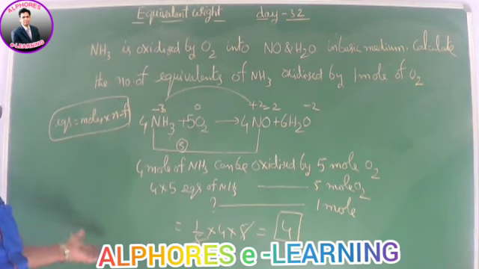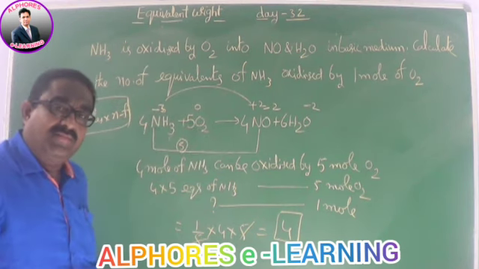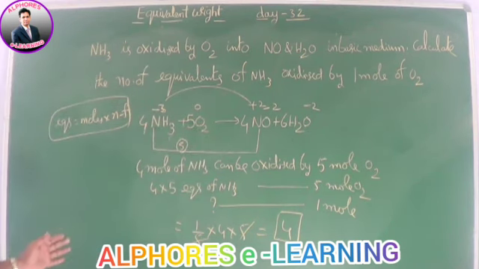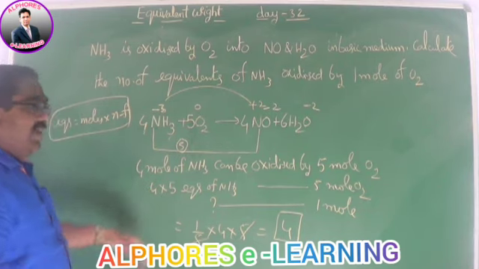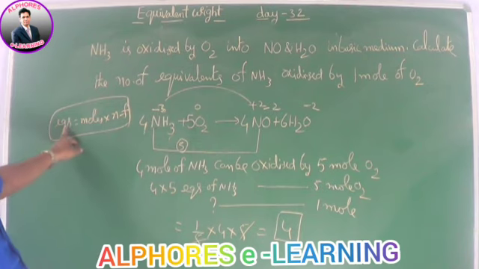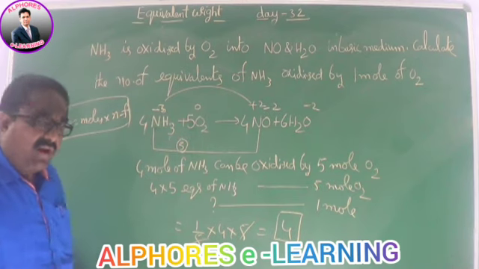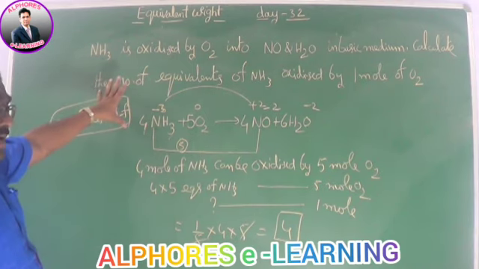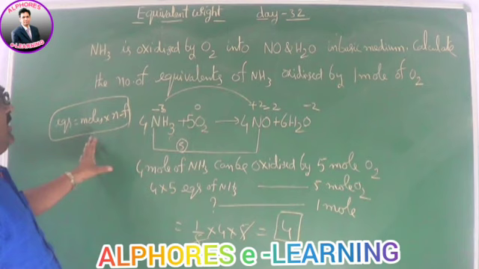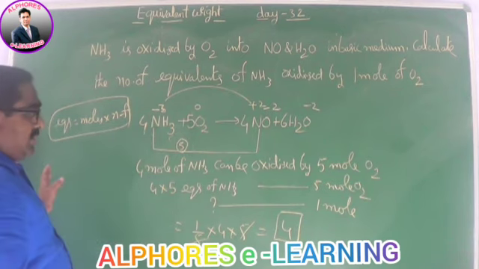Now, this question can be set as an integer type question in the advanced paper. The same basic concept I have applied, what we discussed in the previous numerical and this also. Just the principle of gram equivalence, that is equivalents is equal to moles into n factor, nothing more than that. So very simple and easy, you can easily understand. If you are not able to concentrate, then it will be difficult. So try to concentrate more.